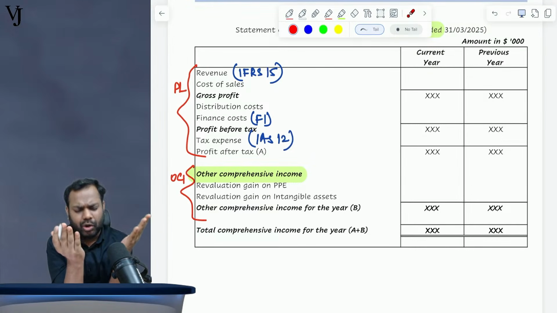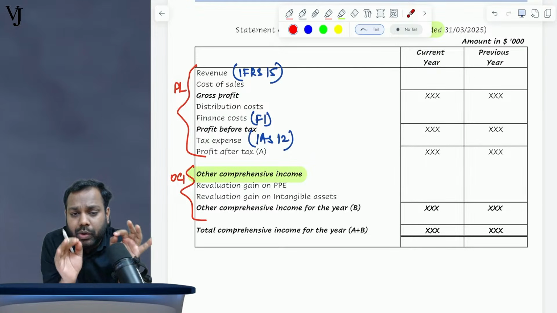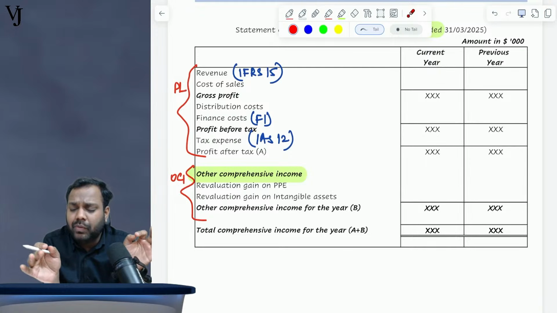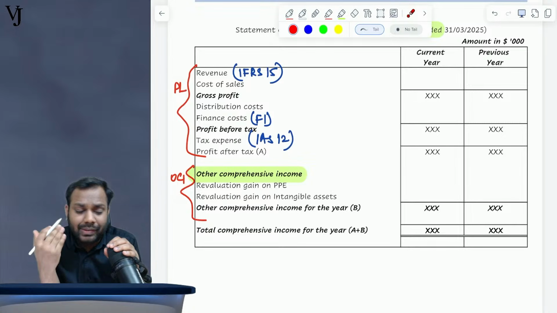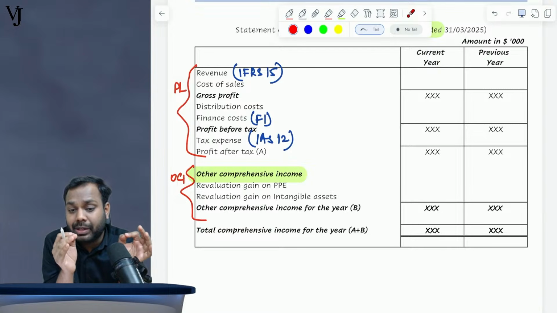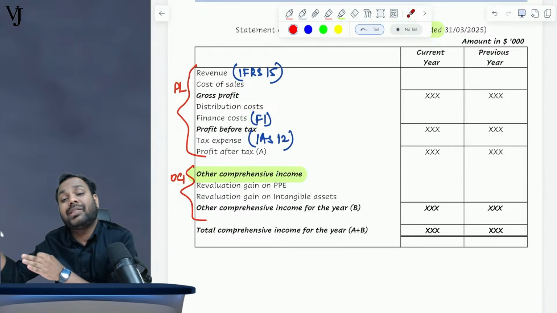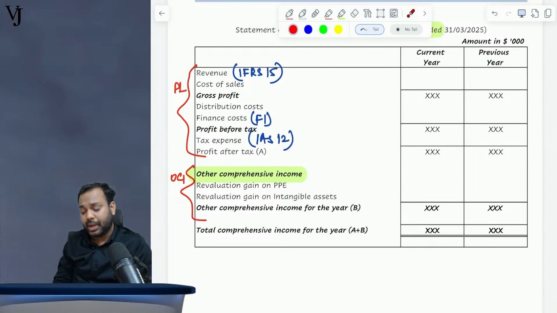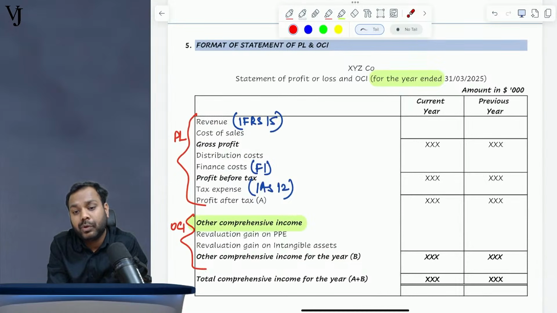I believe you might not know the meaning of investment property. No, don't worry, you are not required to worry at all from that perspective. When I come to the chapter on investment property, I will teach you everything in detail. As I have told, whatever I am teaching in the class is just forming the base. I will be teaching each and everything again in the relevant chapters. Now tell me guys, is the format of P&L clear to all of you?